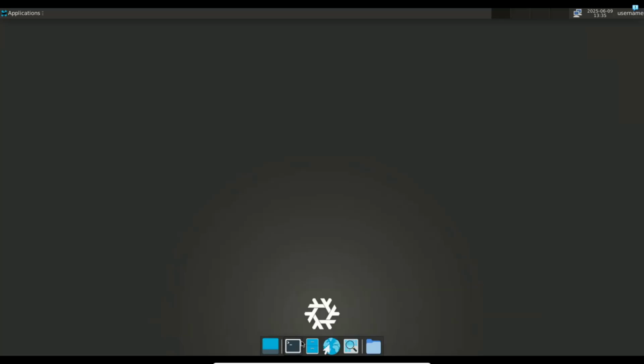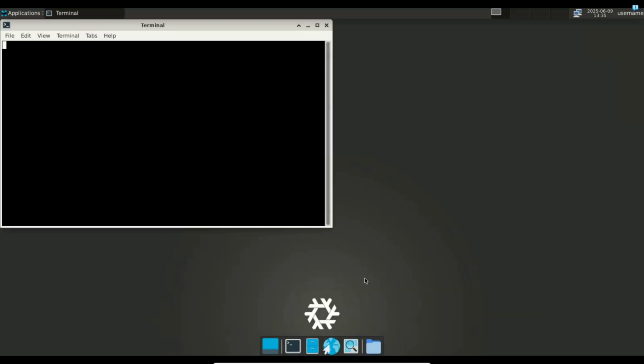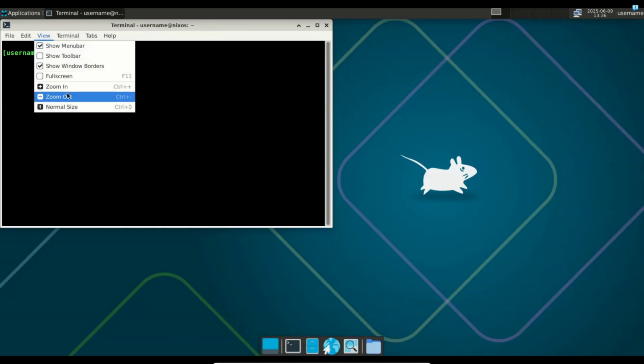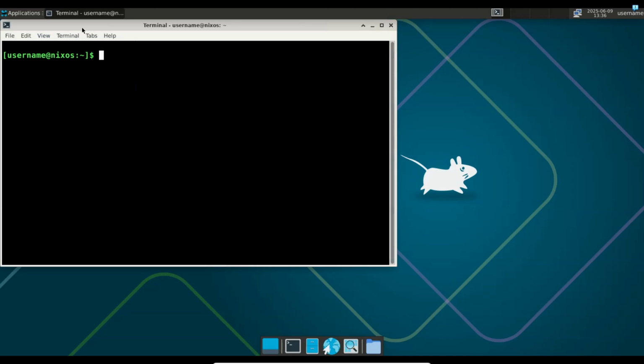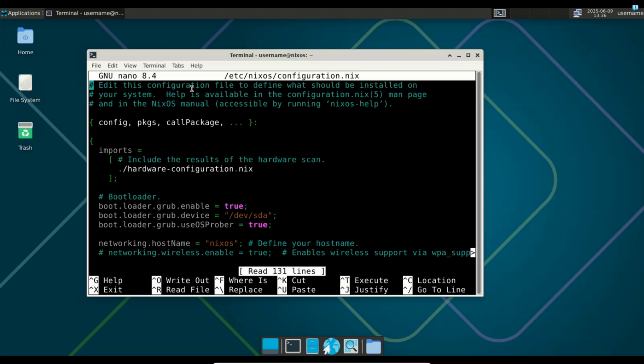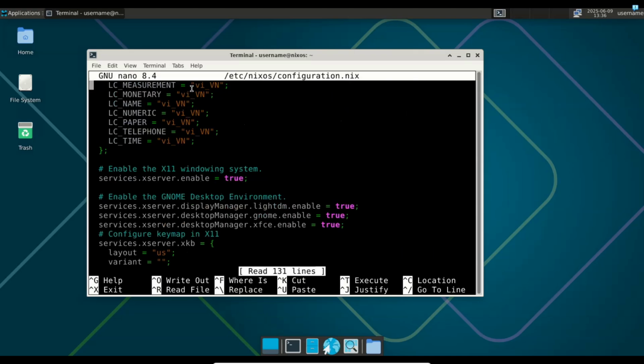Okay, so we should open the terminal. Let's zoom in a little bit. Yes, I hope you can see it clearly. We go to /etc/nixos/configuration.nix, our default configuration file for our NixOS system. Password here, since we're using this with the root privileges. And then we scroll down to